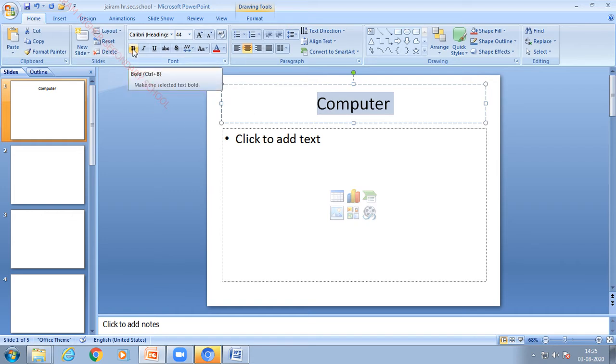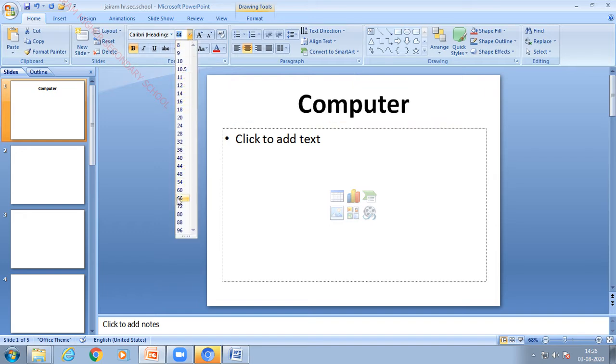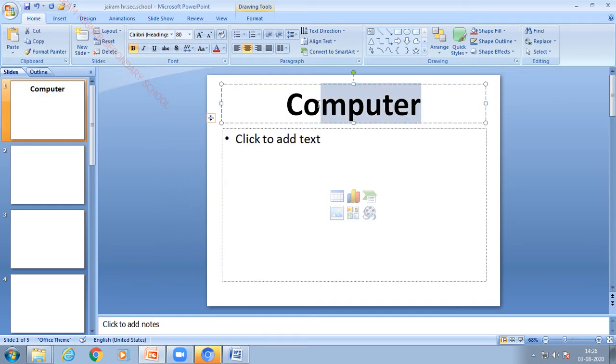I'm selecting the bold option to make the text bold. Also I'm going to increase the size with the help of this font size option. After selecting this small arrow, a lot of numbers will appear on the screen. You can choose the numbers as you like. So I'm going to give 40, 44. Just place the cursor on the number, and it shows the preview according to this number. So this is the way you can increase the size. If you want to underline the particular text, you have to select the required text, then choose the underline option. The particular text will be underlined.